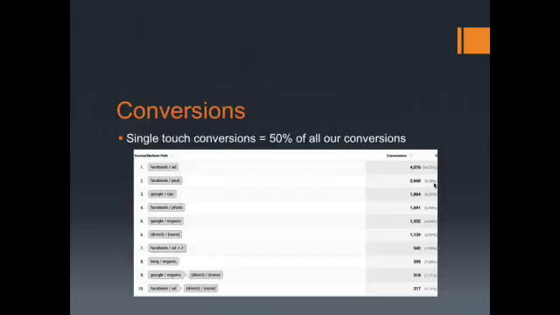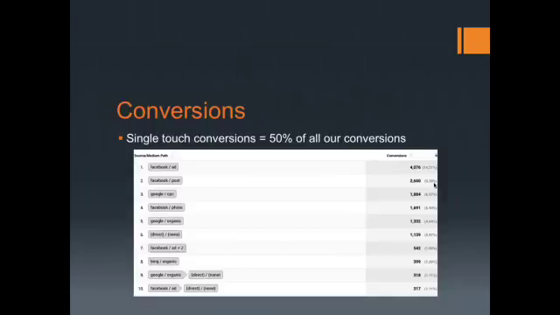So why is this important? First of all, here we're looking at actual conversions. So we're looking at 90 days worth of data. This is the number of people that actually clicked, well, I shouldn't say 90 days. It's looking at 30 days of traffic, but it's looking at the activity of those users from the last 30 days, their activity on our website for the last 90 days. So these are the number of clicks on our website in the last 30 days to do that desired conversion of clicking to our online bidding catalog, and what their path was for the last 90 days.